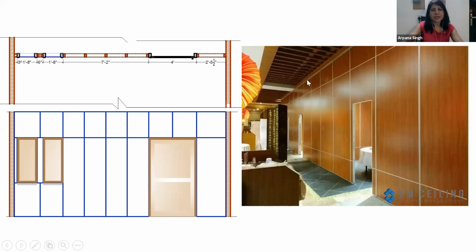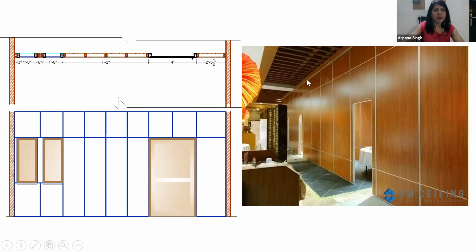The door detail is very essential because wherever the door and the window are going to be, there has to be a member so that you can fix the door frame to the member. If this member is by chance missed, then you can imagine how the door frame would be fixed to the partition. So to fix the partition with the door frame, you have to have a member right at the edge of the door. You can see on both sides you have the frame, and there's another frame which is touching the wall so that this partition gets strength if it is fixed to the wall.